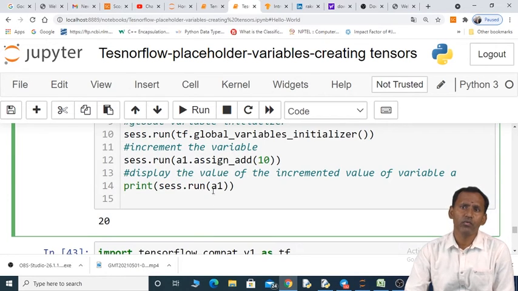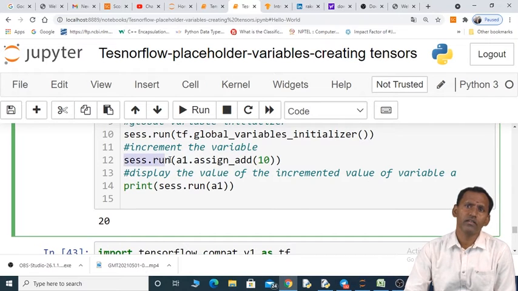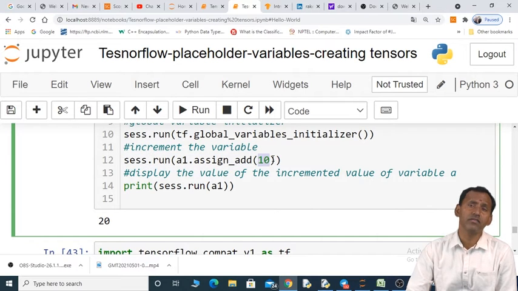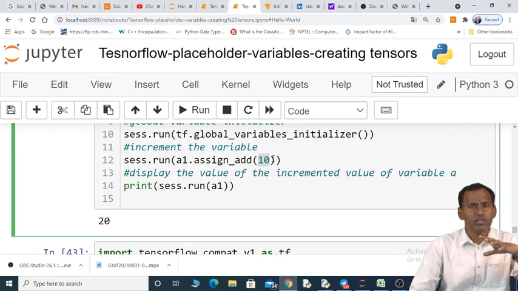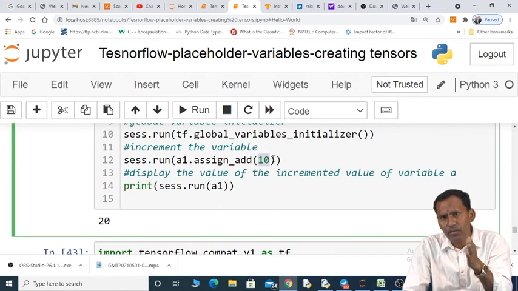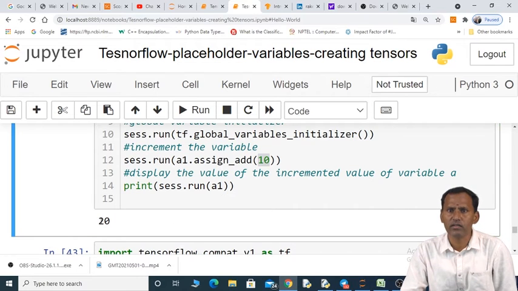Later I want to increment its value, so by using this assign underscore add, we can add to the value of the existing variable. Its previous value is 10, now we are adding 10, so 10 plus 10 is 20. Now we got that result.